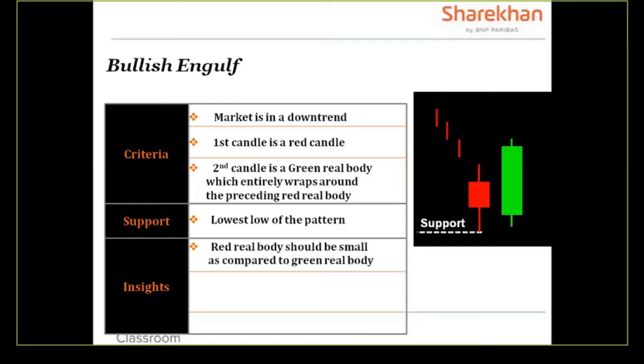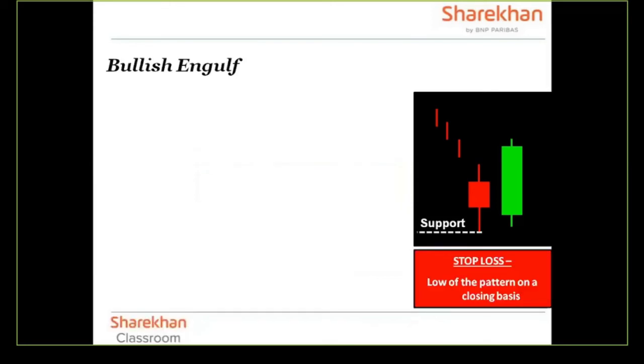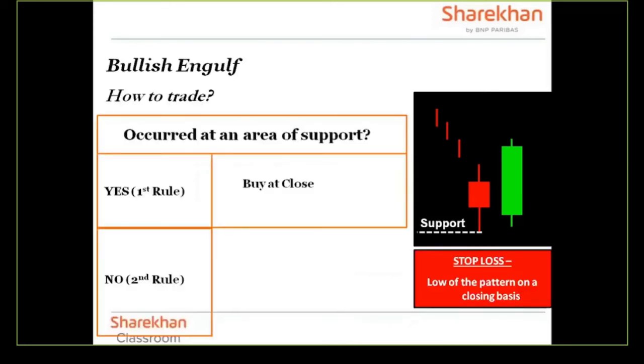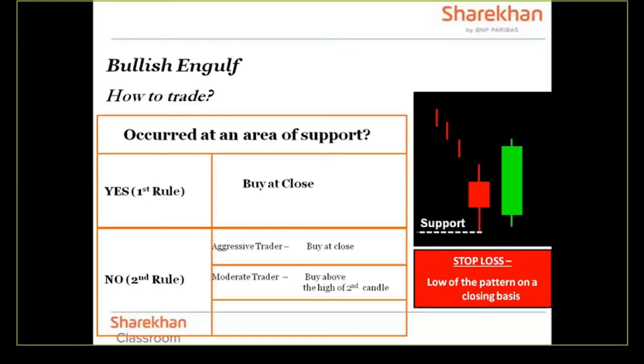The real body of the red candle can be smaller. The color here is, however, important. The second candle has to be a green candle. The first candle should preferably be a small red candle. These are the criteria. The first candle can also be a doji. It would even increase the probability, I would say. And again for trading, I would buy above the highest high of these two candles. When the prices go above that in the upcoming candles, that's the right time to take a long trade.